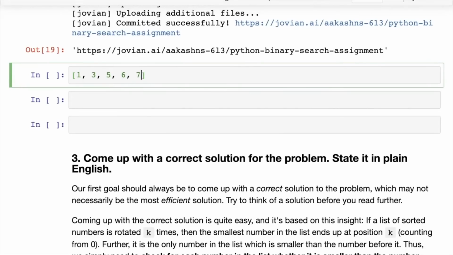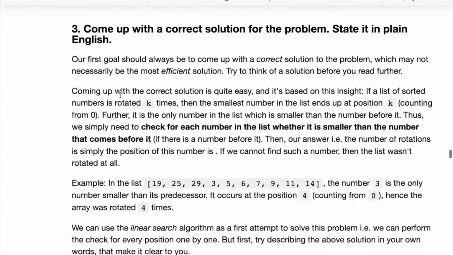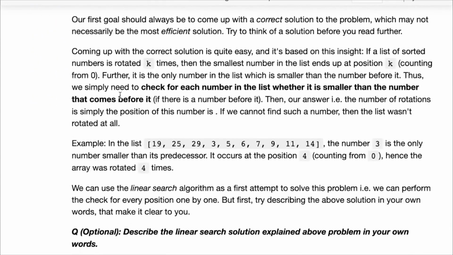So if you set k equal to 2, then you're going to take 2 of these numbers from the very end and move them to the beginning. So that means 6 comes at position 0, 7 comes at position 1, and the starting element in the sorted list now comes at position 2. That's interesting. Let's move the third element as well. Okay, so now we've moved 3 elements or rotated the list 3 times, and the smallest element ends up at position 3. So it seems to hold true,